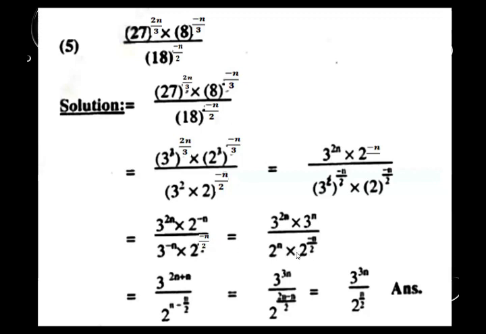Multiply by, already the denominator has 2 to the power minus n over 2. Make the connection with the previous step. Follow the steps, so it becomes easy to understand. Then in the next step, as we know, according to the law of exponent, if the bases are the same, the exponents will be added. Do you remember the very first law of exponent?